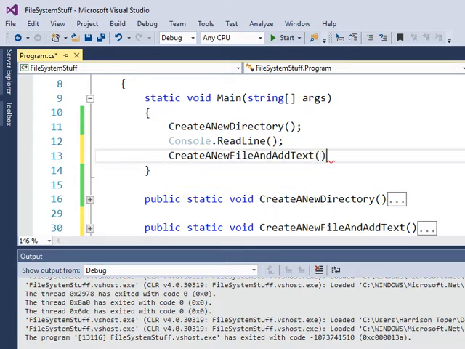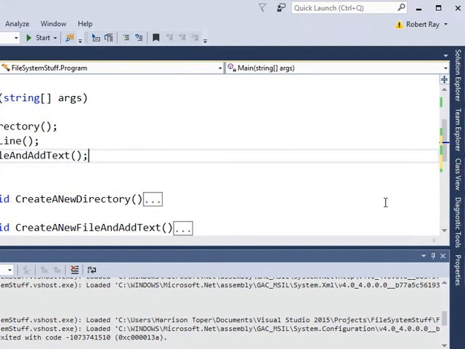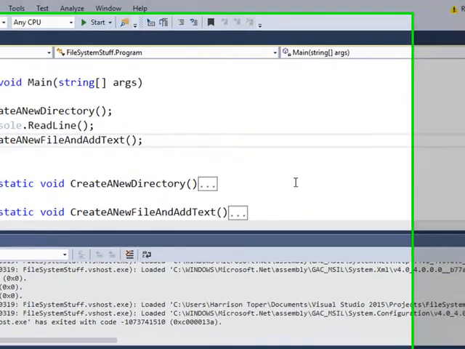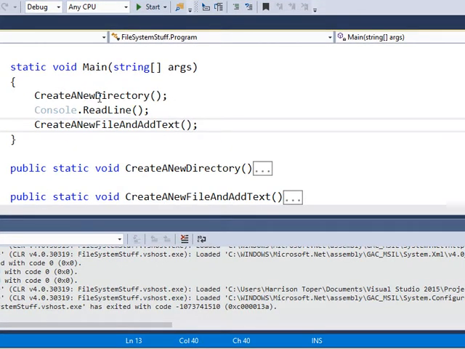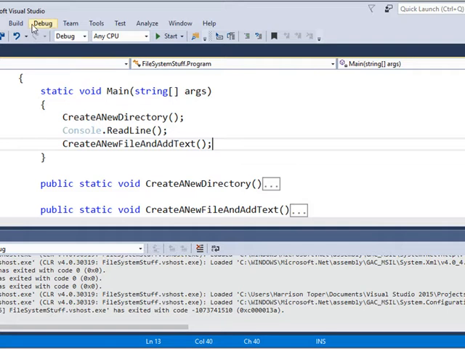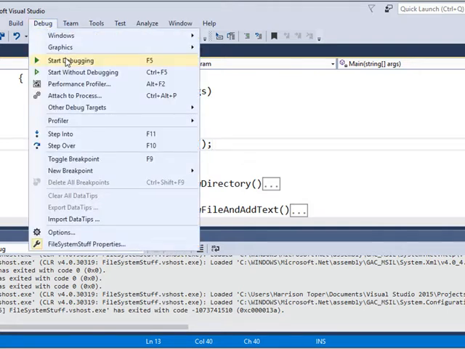It's a method. Okay, let's see if that works. So I'm going to go debug and start debugging,